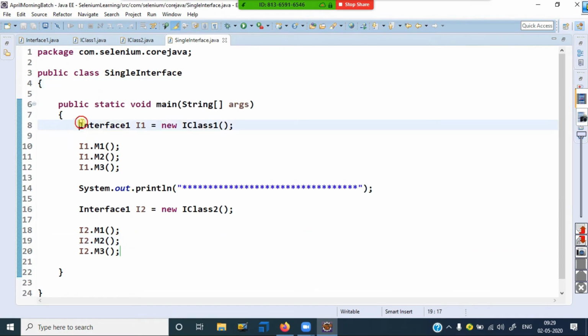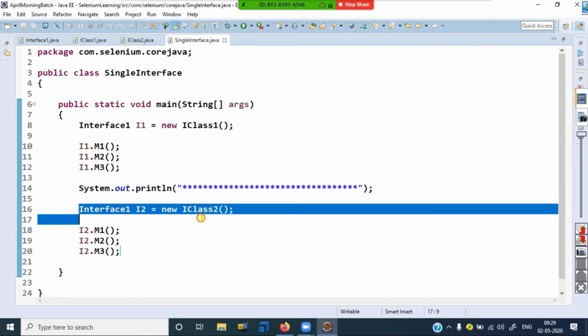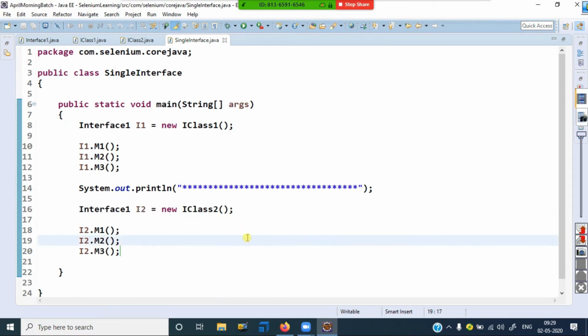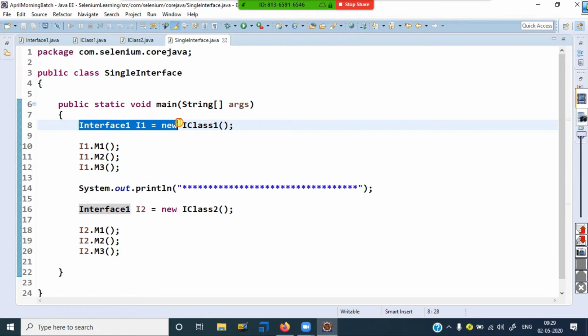So what is the interface reference you created by using the class? Only that class's related methods. Interface 1 reference with class 2 will access class 2 related methods. That's what we are accessing from the interface onwards. Are you understanding? This is a very important point. You want to remember this syntax. So for interface and class combination, if you call the method, the syntax is interface name reference equal to new class name. That's the way you can access also. Okay, right, that's fine.